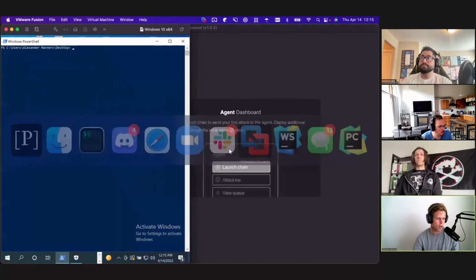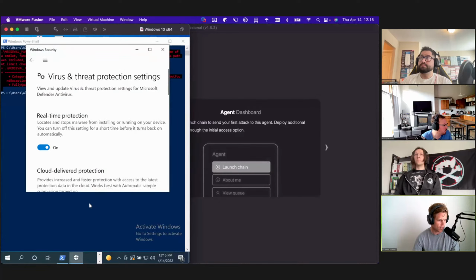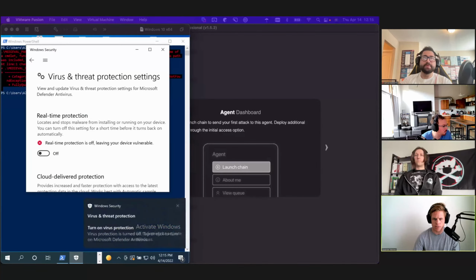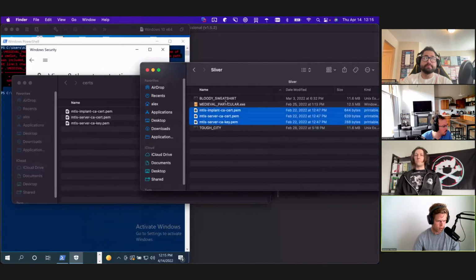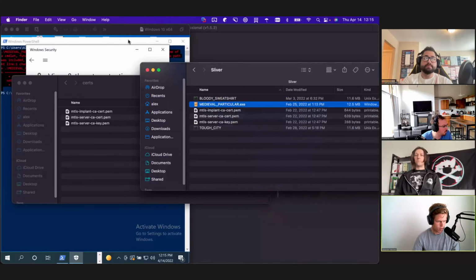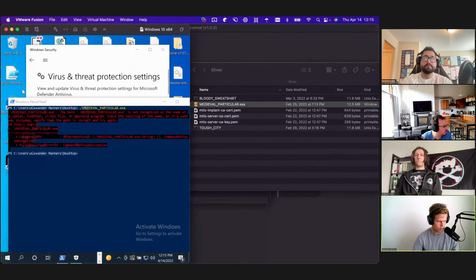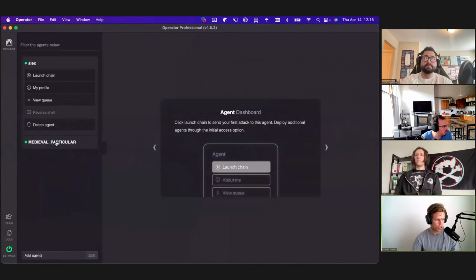Operator. And what that lets us do, so let's see if it got deleted by Defender. It did, unfortunately. Downside of using a heavily signatured agent. Let me go grab that. Paste. So I can just start a Sliver agent, and it will just connect into Operator like any other agent at